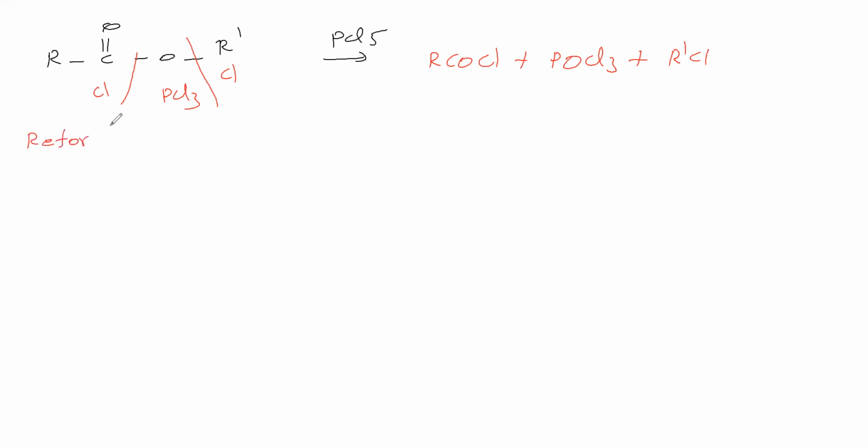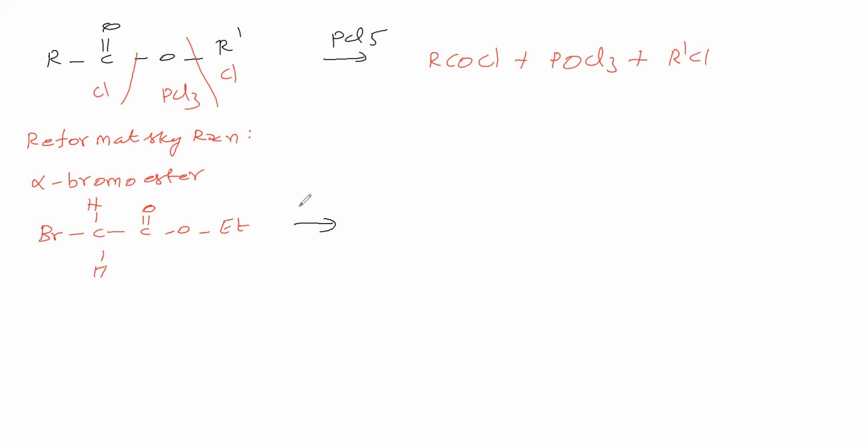Next we are seeing the Reformatsky reaction. In the Reformatsky reaction, we have to take an alpha bromoester. We'll write the alpha bromoester like this. Alpha bromoester is this one. This COO is the ester group. This is the alpha carbon. This alpha carbon is having a halogen, therefore alpha haloester, alpha bromoester we can say.